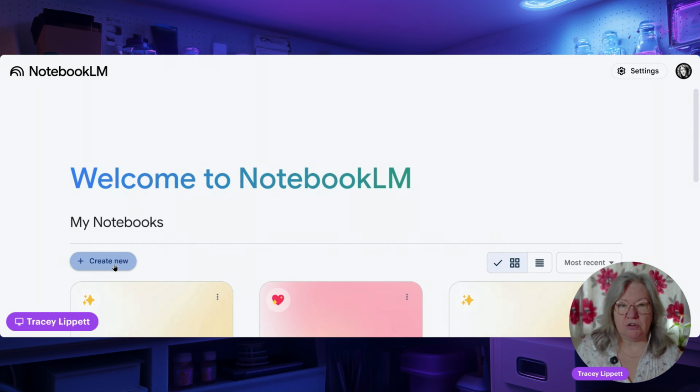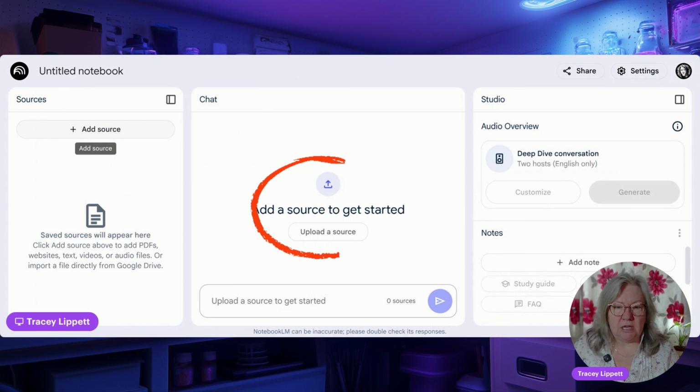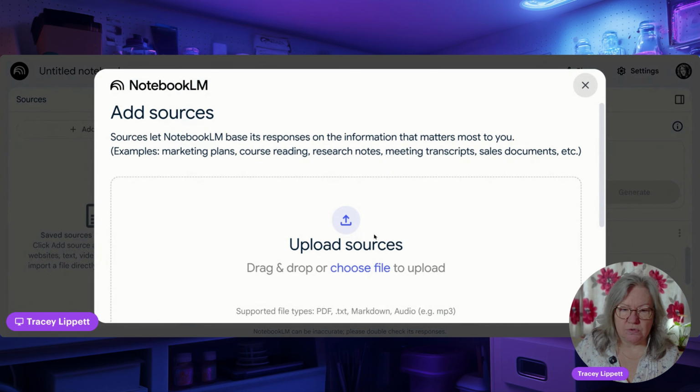Now, what I'm going to do is create a new notebook. And let me take you on a little guided tour of the screen. Over on the left is where you add the reference material, the source, the thing that you want it to investigate for you. In the middle here, you have where it will actually do all the magic for you. And over on the right, I'll come to that. That's your studio. And I will come to that later because that does some funky things too. First of all, let's add a source. And I want to, first of all, give it the links to those two YouTube videos.